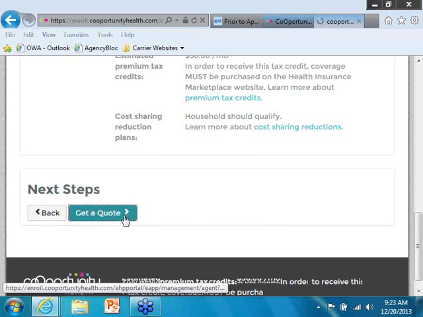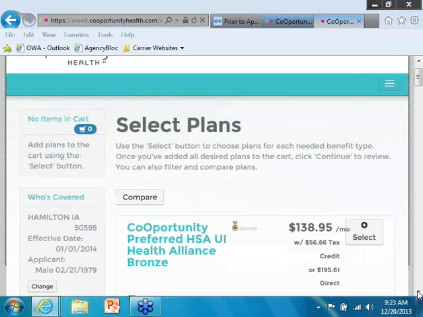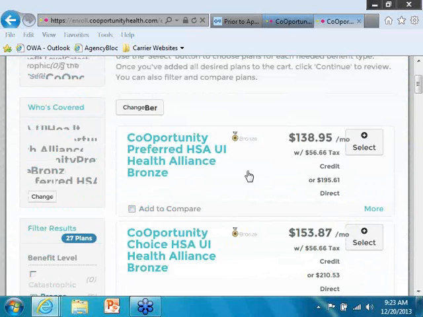If you click Get a Quote, it'll then show you what the plans would be with the tax credit applied. So just for example, this one at the top says $138.95 a month with the $56.66 tax credit, or $195.61